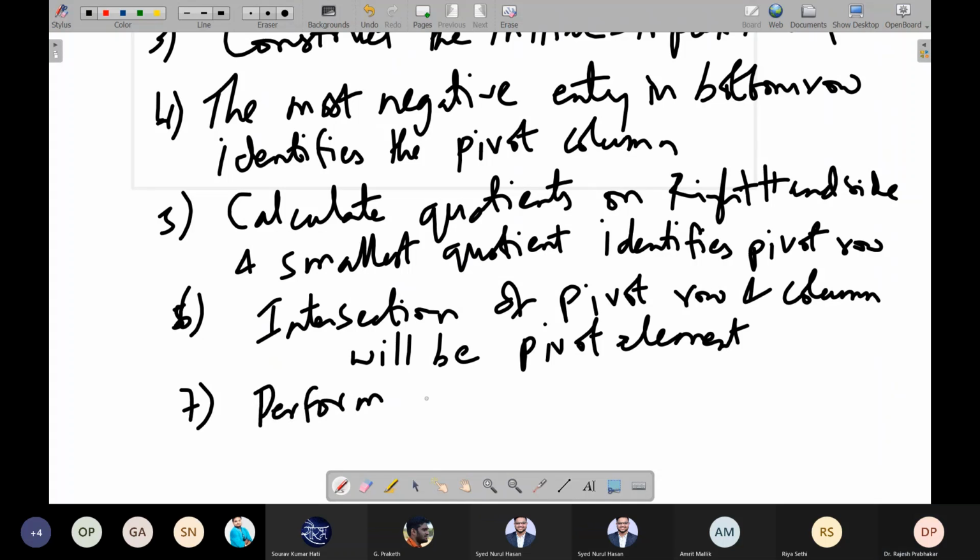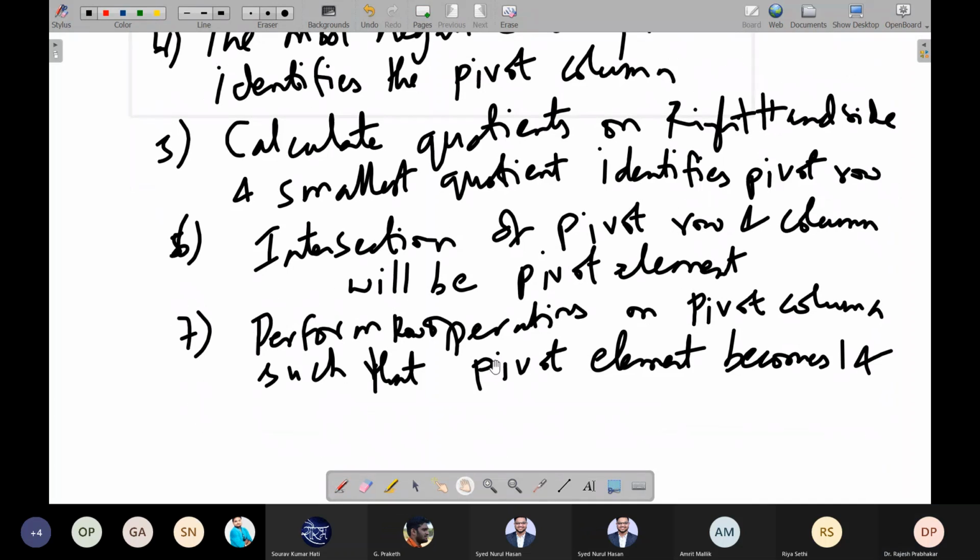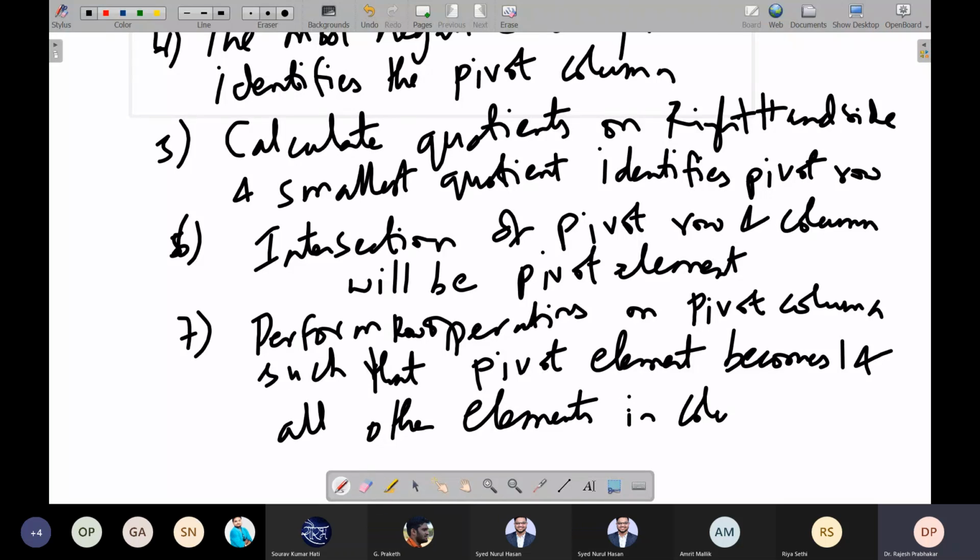Perform row operations on the pivot column such that the pivot element becomes 1 and all other elements in the column become zero.